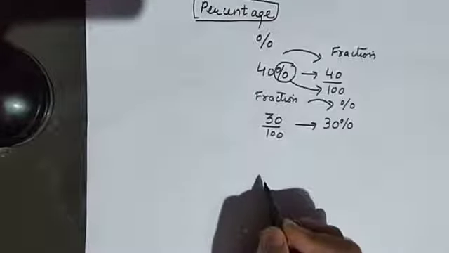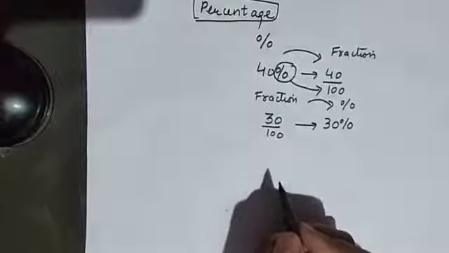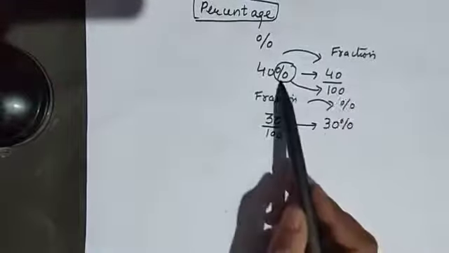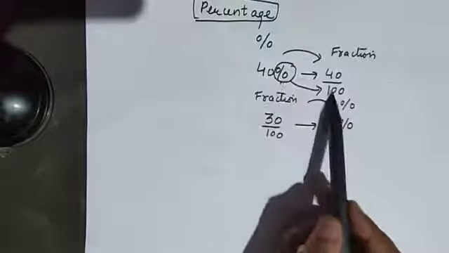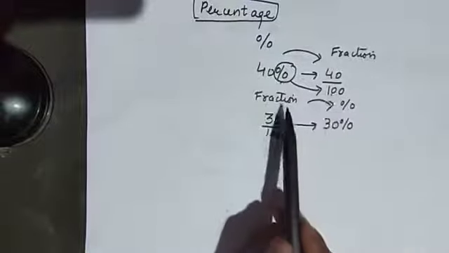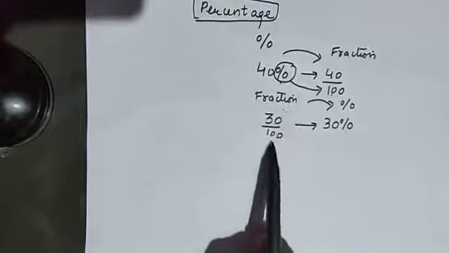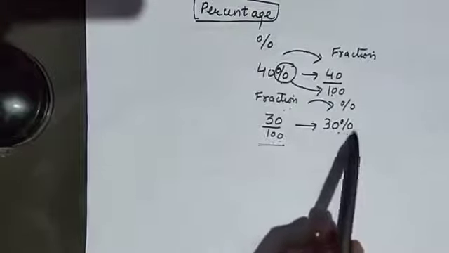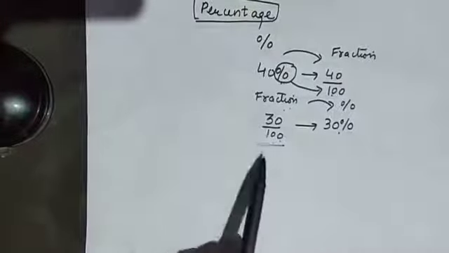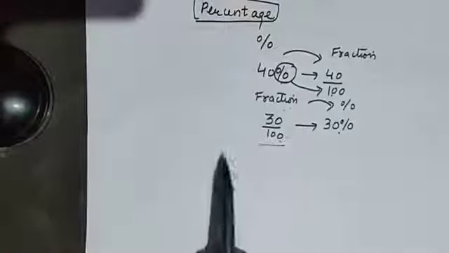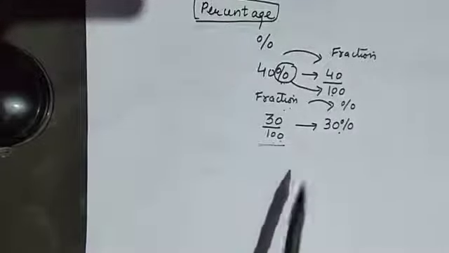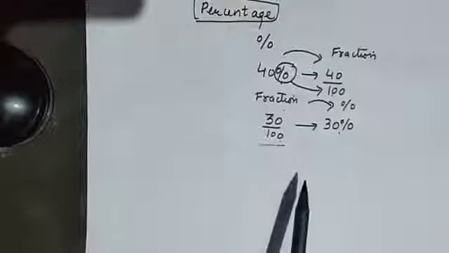So students, I hope this is clear to you that whenever you change a percentage into a fraction, you change the sign of percentage into the denominator 100, and whenever you change a fraction whose denominator is 100 into a percentage, you apply the percent sign. So this is all about ratios and percentages that we need to recall for understanding this chapter. Now let us move to our exercise number 8.1 and see its first question.